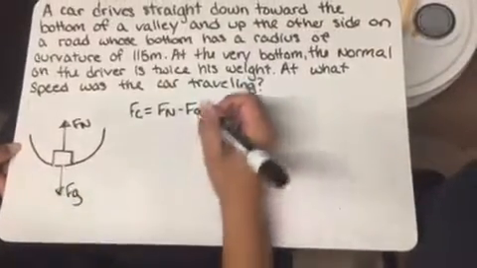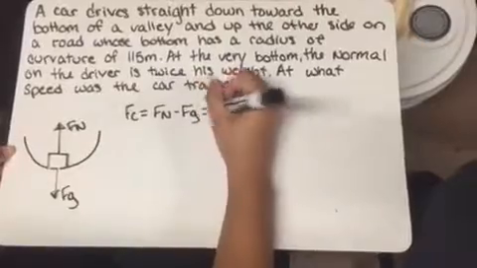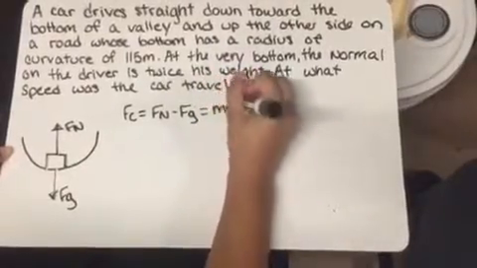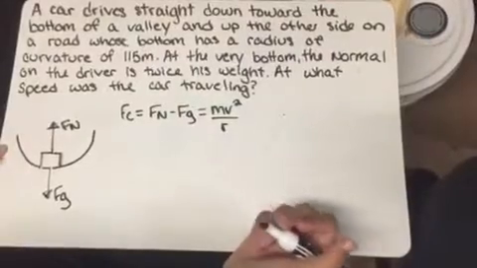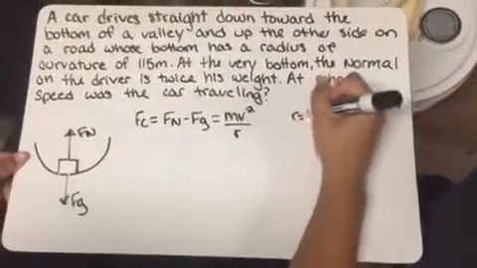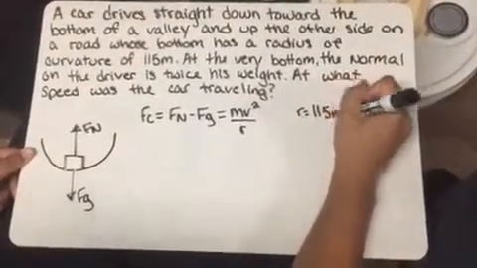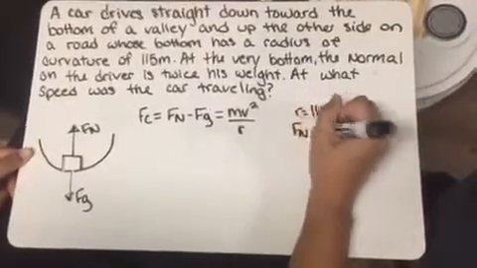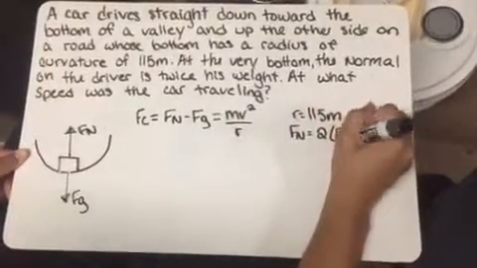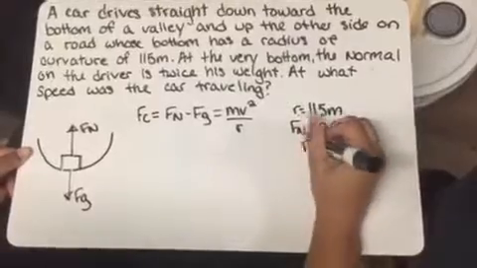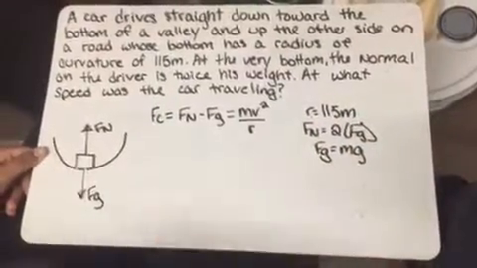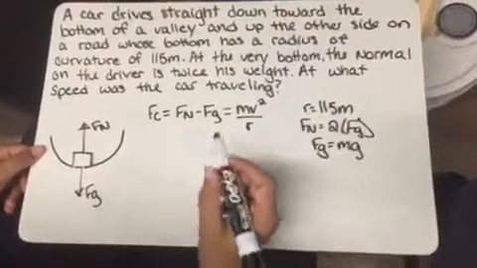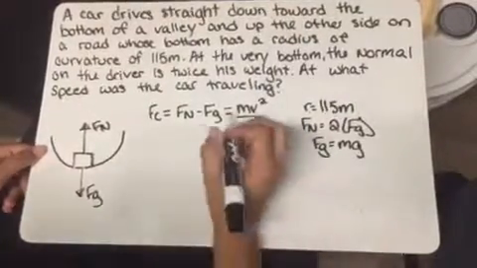And remember that F of C, which is your centripetal force, is equal to mv squared over r. From the problem, we know that the radius is 115 meters, and normal force is equal to 2 times the force of gravity, whereas F of G, which is the force of gravity, is equal to the mass times g. Substituting 2Fg in for Fn yields